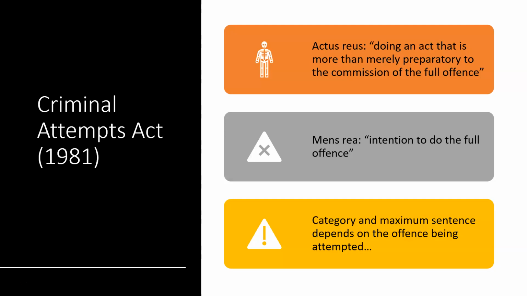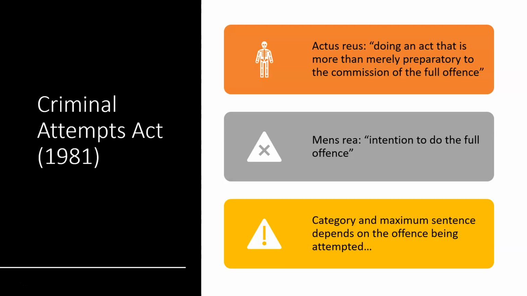And a classic mistake people make when talking about attempts is they stray into the areas of law. So for instance, if they're talking about attempted murder, they start talking about murder, so the Coke definition of murder and things like that. For instance, if they're talking about attempted theft, they might start talking about dishonesty, appropriating property belonging to another with intention to permanently deprive. All of that is irrelevant. For any attempted offence, you look at the Criminal Attempts Act and the actus reus and mens rea for an attempt. You do not need to look at the actual offence that is being attempted. You can ignore that per se. It's literally focusing on the attempt.